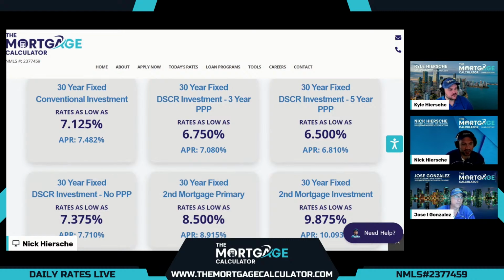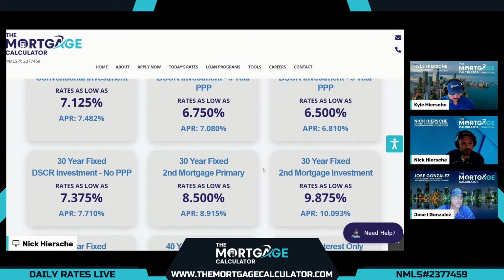Now, the final two options here are our popular new programs for second mortgages. Lots of customers have a low rate first mortgage still that's much lower than what you're seeing today, which is great. And they still need cash out. No problem. Don't have to get a HELOC, which is typically higher rates and adjustable. We have our fixed rate second mortgages to get cash out of a primary home.